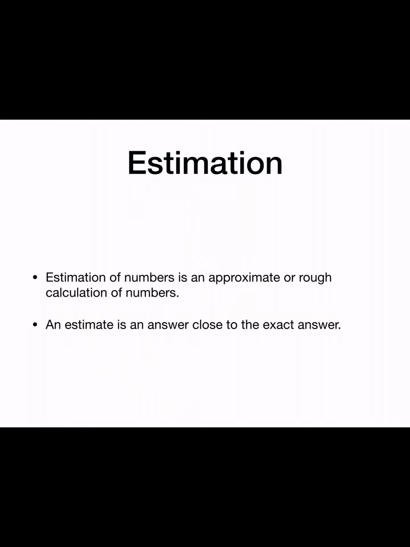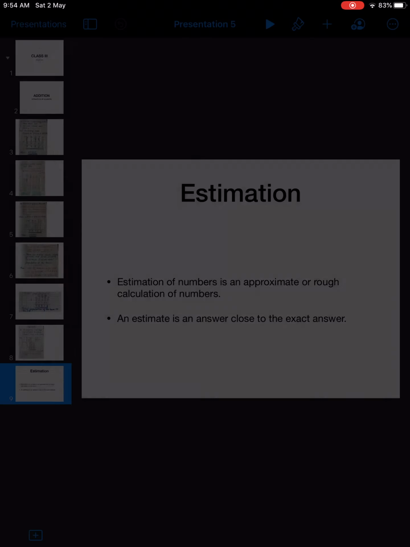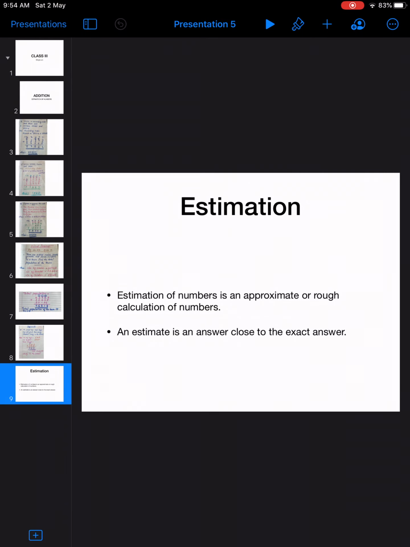Is it clear? Next we are going to discuss how to estimate numbers. We are discussing three types of estimation here: nearest 10, nearest 100, nearest 1000. This means you convert the numbers to a multiple of 10, multiple of 100, multiple of 1000. That is the meaning of estimation. The given number is very close to which 10, which 100, which 1000. For that, some rules are there. Let us start the rules.